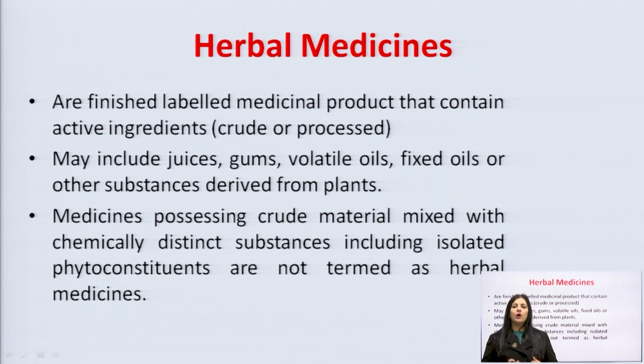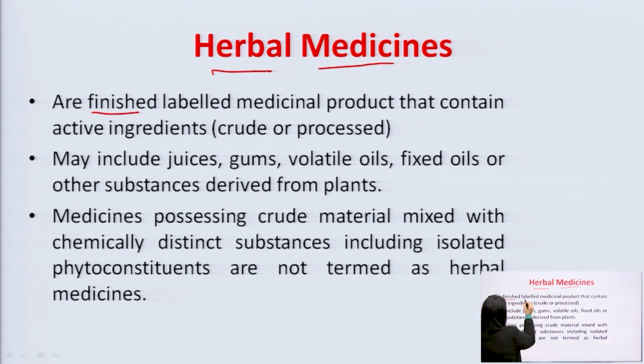Now what is herbal medicine? You know what is medicine? Medicine is something which is having a therapeutic effect, which is basically purported to cure some disease, to give some therapy. Now, when this therapy comes from the plant, it is called as herbal medicine. So, what are these? Let us go by the definition on the slide now.